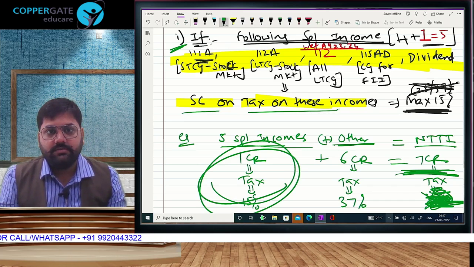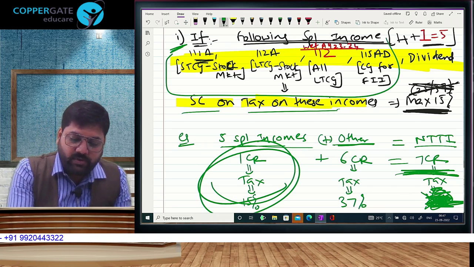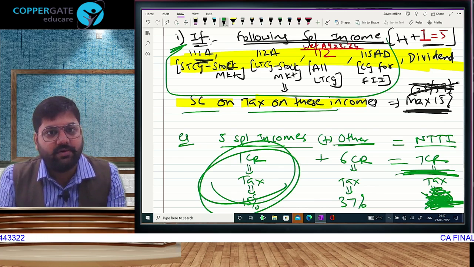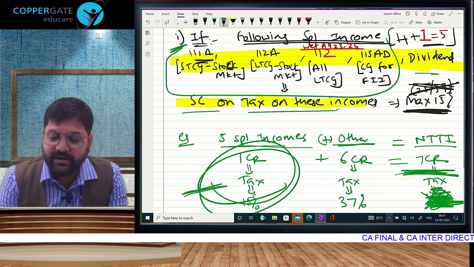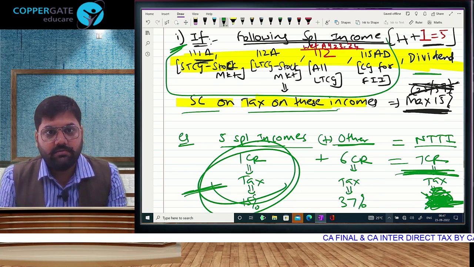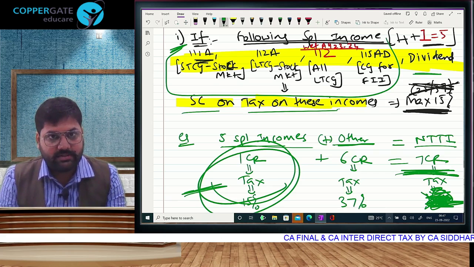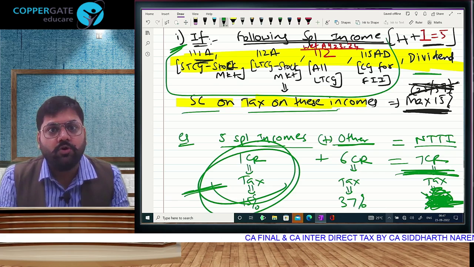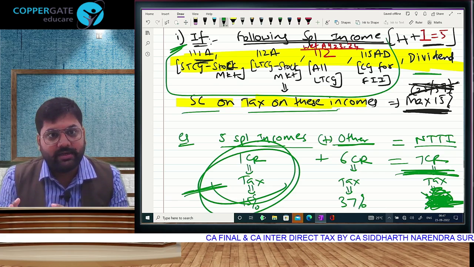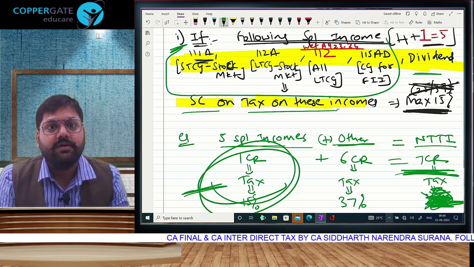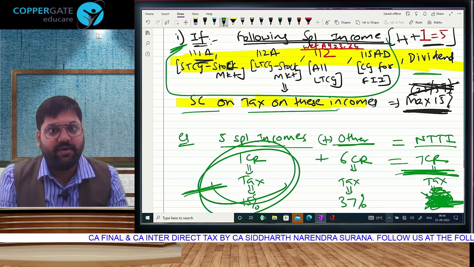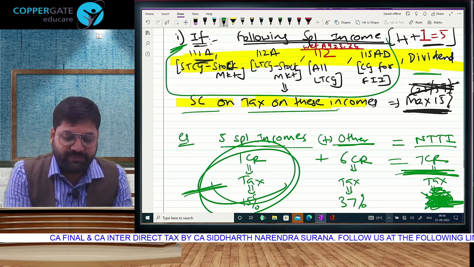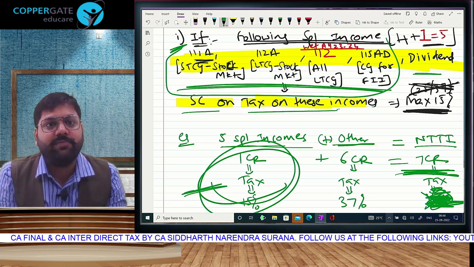Is that clear? In this, these 4 incomes, anyways the tax also will be calculated at special rate only. So anyways you will have to segregate for levying tax. This dividend income is taxable at normal rates. Dividend is taxable at normal rates. But proportionately you can find out, no? If tax on total income is this much, then out of that, dividend's tax is how much? On that dividend's tax you apply 15 and on the other you can apply 25, 37, whatever you have to. And as far as these incomes are concerned, their tax only has to be calculated separately because they are